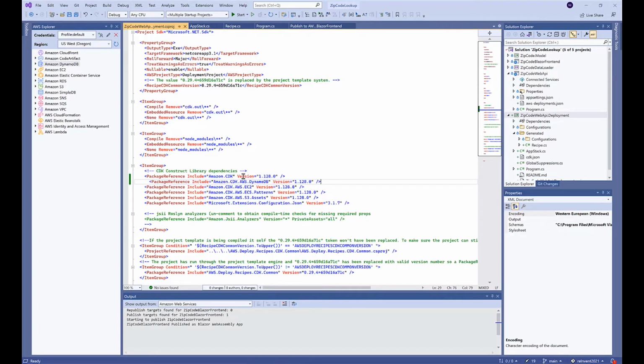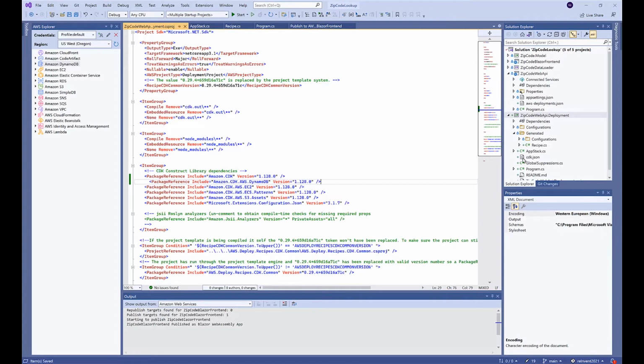And you'll notice here I've got several CDK package references, and they're all the same version number. And this is what I would recommend you always do with the CDK, is to always keep the same version numbers used across all of your CDK packages. It's actually one of the things that they're improving in the upcoming V2 version of the CDK, is the whole package management system. So you don't even have to worry about multiple packages and version numbers.